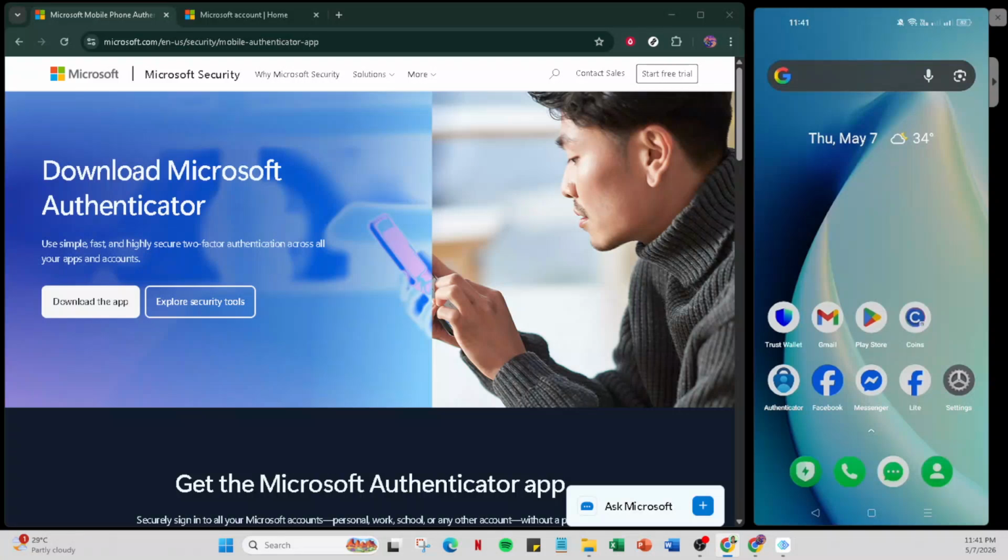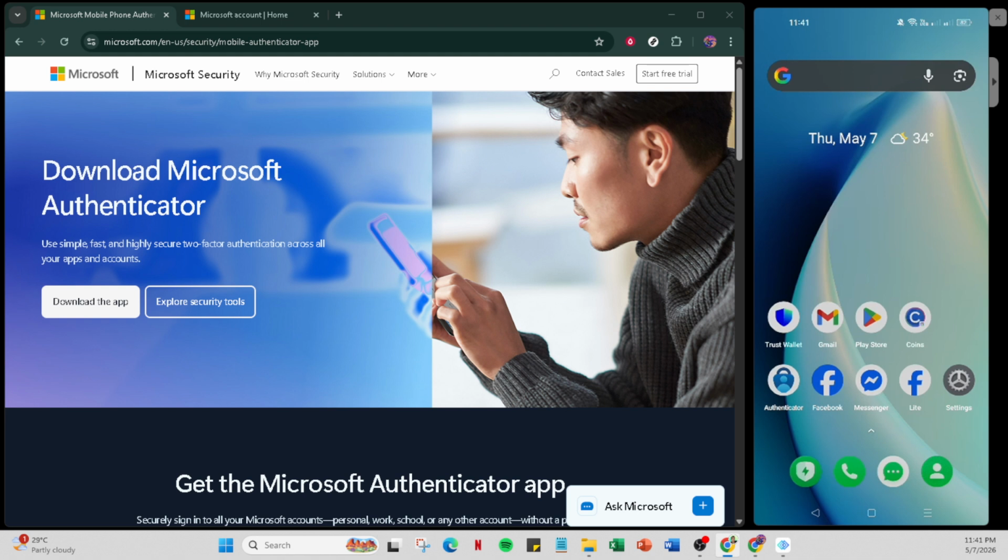In today's video, I'm going to teach you how to recover Microsoft Authenticator app without old phone. If you've switched phones or lost your old one, don't worry. If you previously turned on cloud backup in Microsoft Authenticator, you can bring your sign-in codes back quickly and securely. Cloud backup ties your Authenticator data to your personal Microsoft account. So the key to success is signing in on the new phone with the same personal account you used when